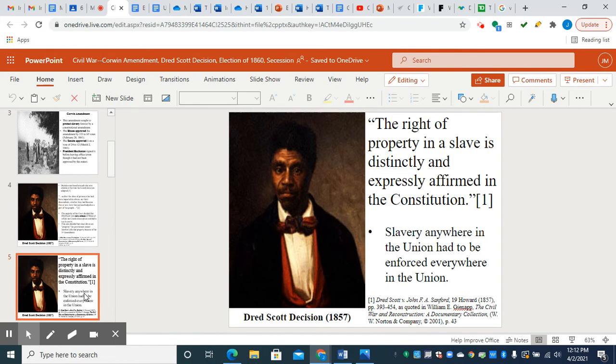Now, slavery anywhere in the Union had to be enforced everywhere in the Union, not just in slave states, not just returning escaped slaves, but slavery even had to be enforced in free states where slavery had long been declared illegal. The right of property in slaves is distinctly and expressly affirmed in the Constitution. And that statement, while it is acknowledging that slaves are property, it's calling them property,